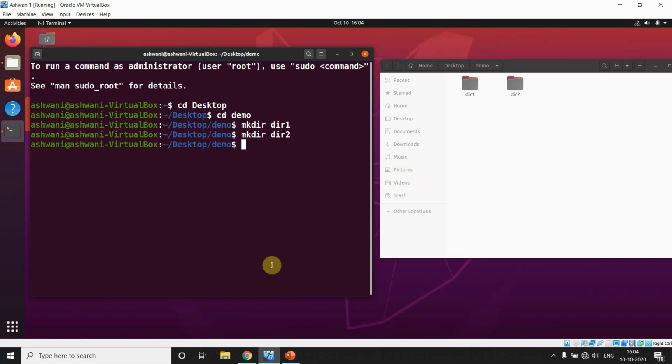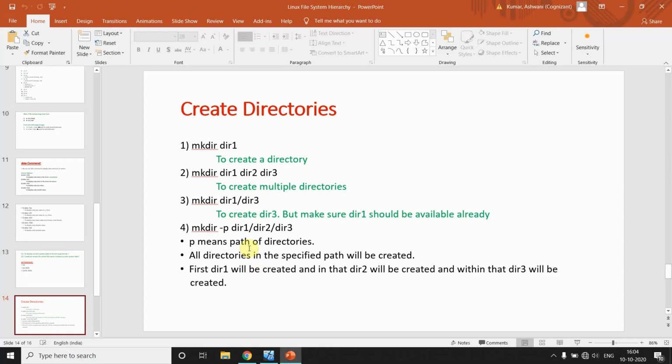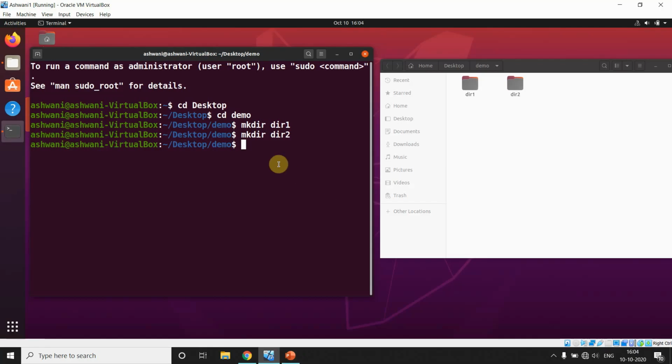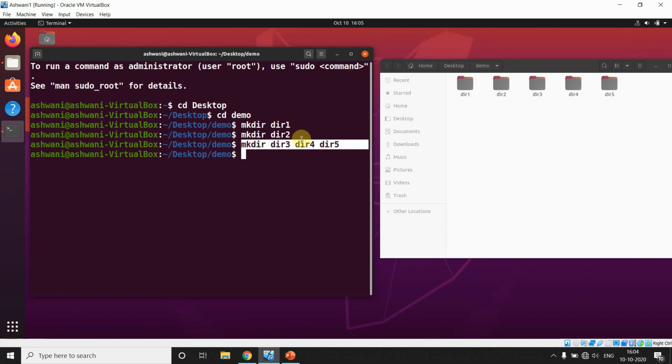And what are the various things we can do with mkdir? With this command, I want to make a set of directories. If my requirement is that I want to make 3 directories with one command, then I can say mkdir dir1 2 3, right? Let me try mkdir dir3 dir4 dir5. Yeah, we can make multiple directories with the help of the mkdir command like this.